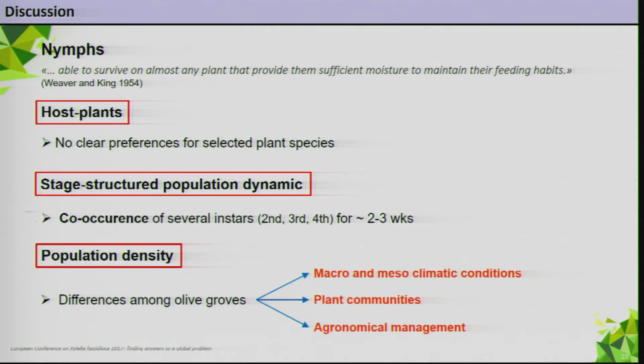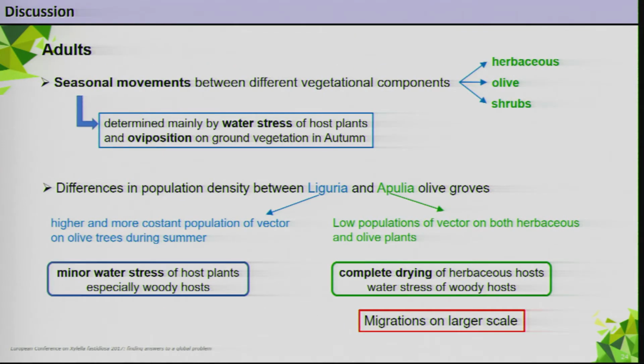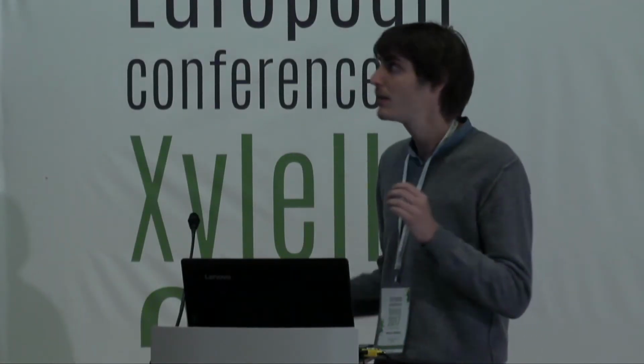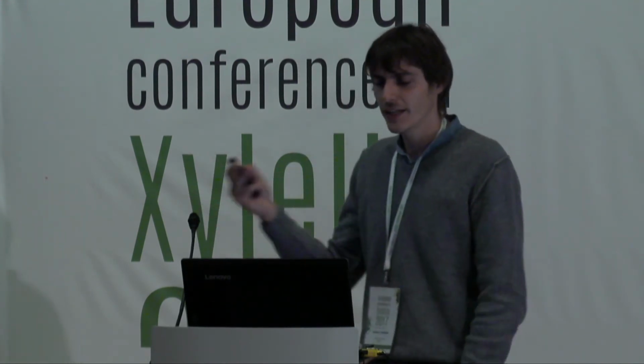Population densities of Philaenus spumarius appear to be influenced by several factors. Among them, the climatic condition at the macro and meso level, plant communities, and agronomical management of olive groves and surrounding areas. For the adults, there was a clear seasonal movement between different vegetation components, determined mainly by water stress of host plants and also the oviposition needs that bring at least females, but also males, in the ground vegetation